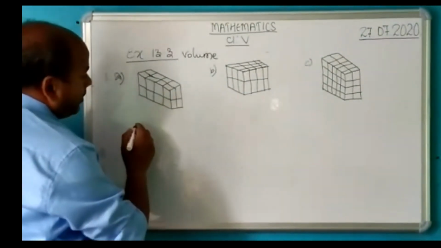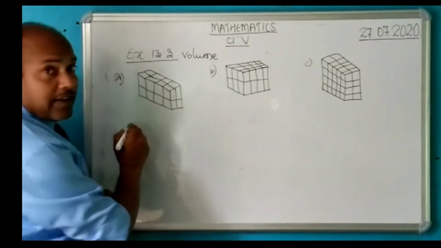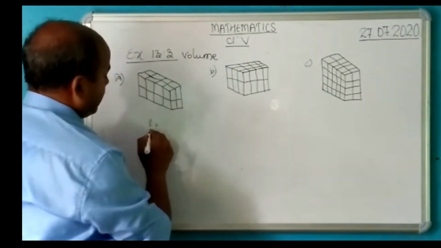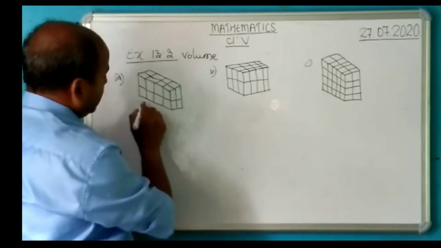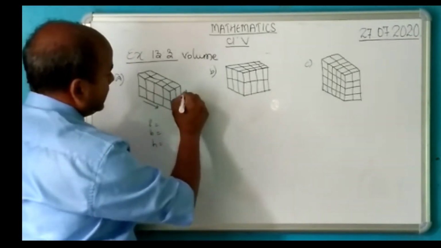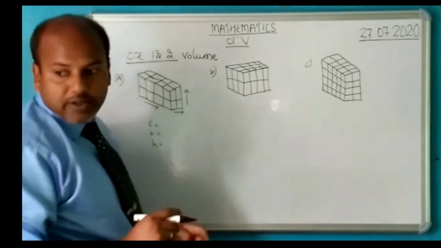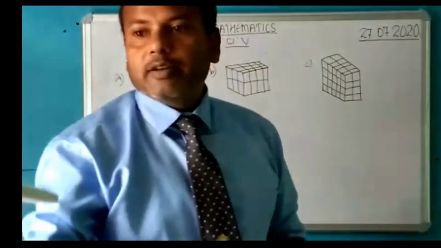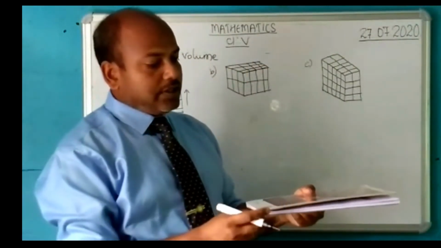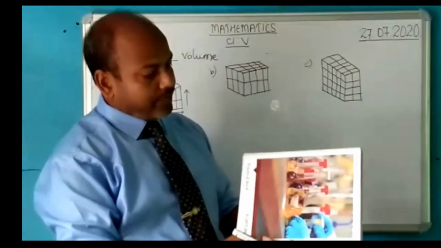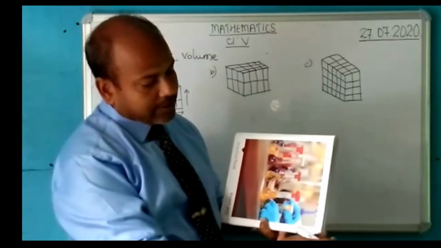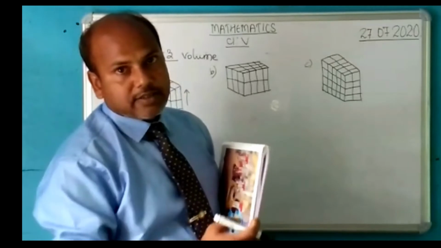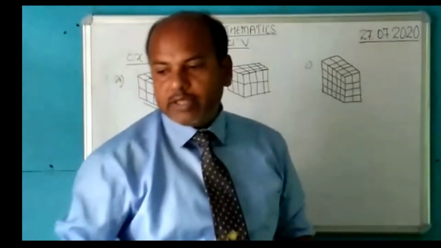So to calculate the volume, let us find out how much is the length, how much is the breadth, and how much is the height. This side is the length, this is breadth, and this side is the height. Like if you take the picture of a book, see this, then you can say this entire side is the length, this much is the breadth, and this is the height. So these are the cuboid. You have length, breadth and height.